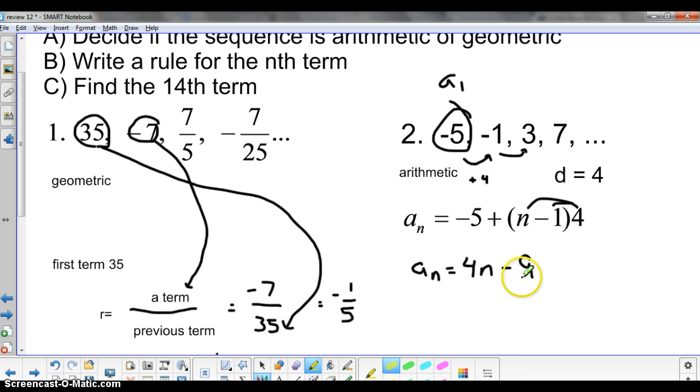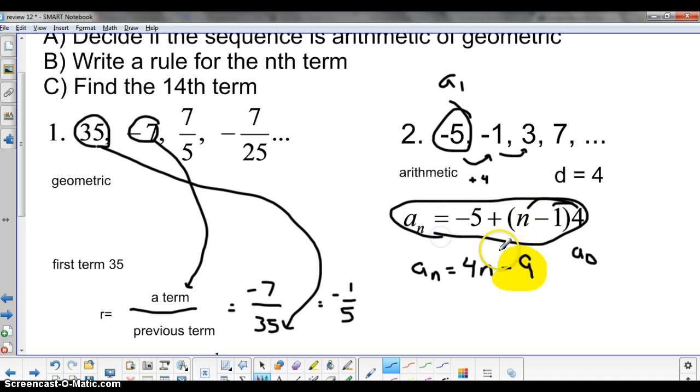And another thing about this is this -9, that you can think of as a sub 0 in a way, okay? A sub 0. Because if -5 is a sub 1, if we were to go backwards 1 more, it would be -9. So this is kind of your starting value, and this is where you go. But we prefer to use this rule here and then simplify to that. All right,